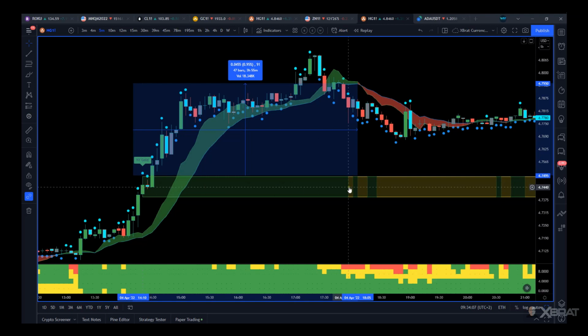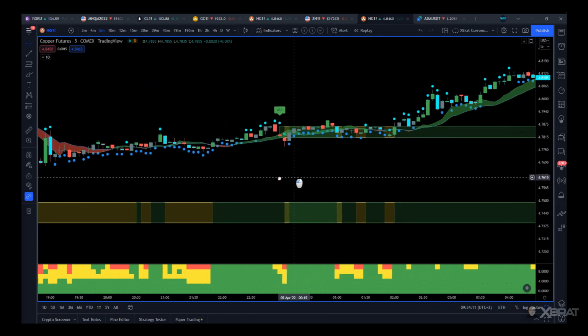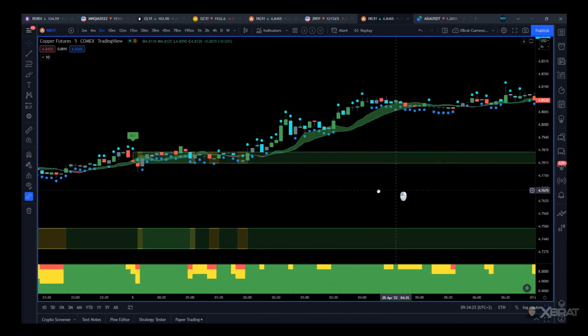Now for me, if the bias is neutral yellow, we just don't trade. We look a little bit further on there. This is the Australian Stock Exchange Open here. If people wanted to trade out of that, you know, it's pretty messy really. The main impulse for copper is that